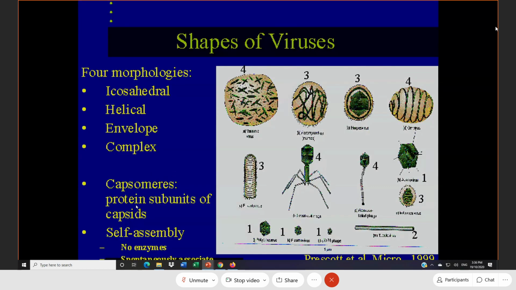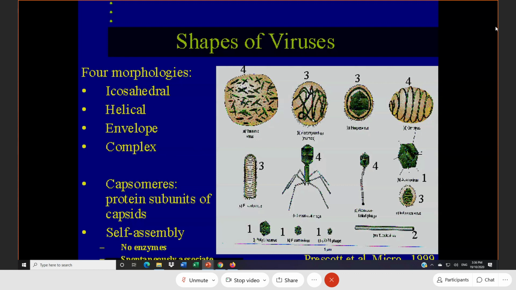So just now I mentioned capsids and capsomeres. Many capsomeres together form capsids. Okay. And this one, self-assembly, I think you better know it, but there's no exam on it. This is about the later stage of virus replication, maybe not applicable right now. So you see, this is actually a big virus. This is more towards complex. You cannot say icosahedral, you cannot say helical. Maybe you can say envelope, but it's a complex structure. Okay.